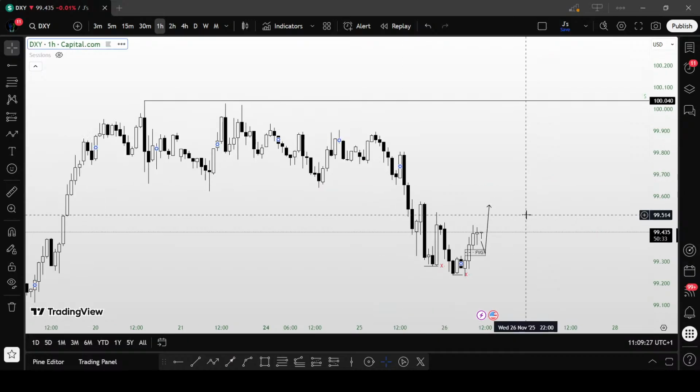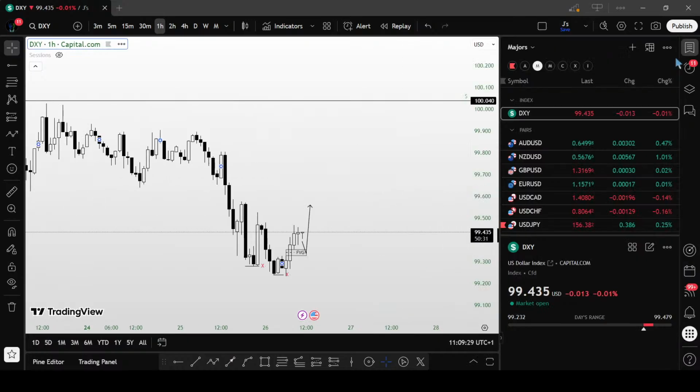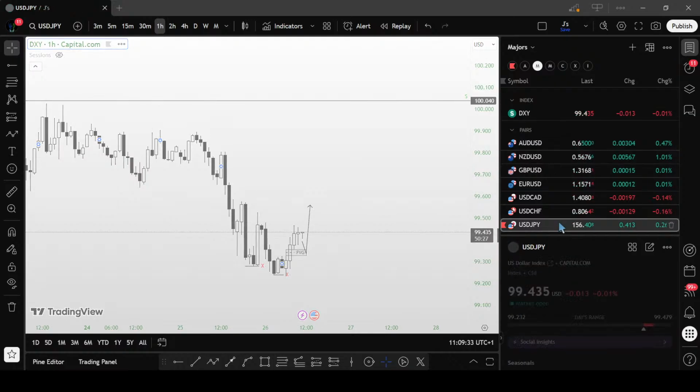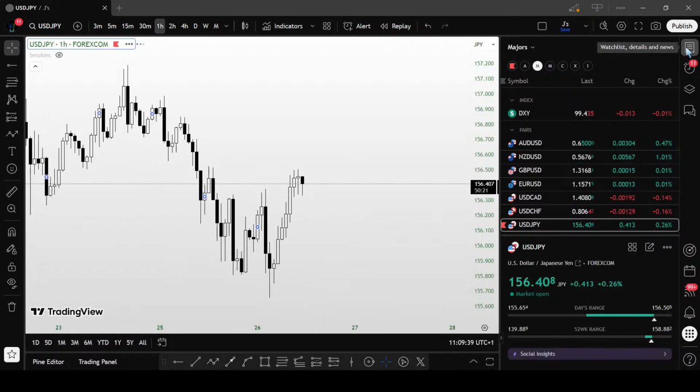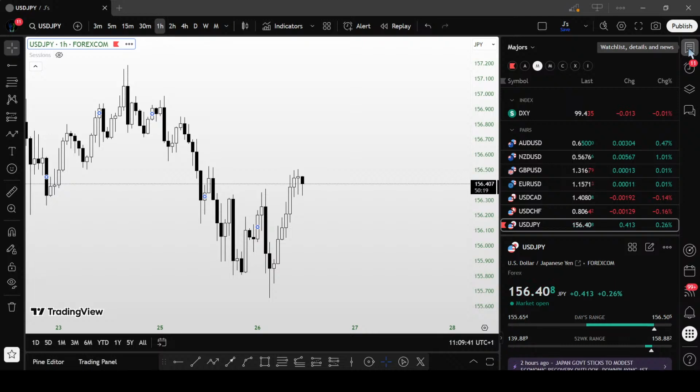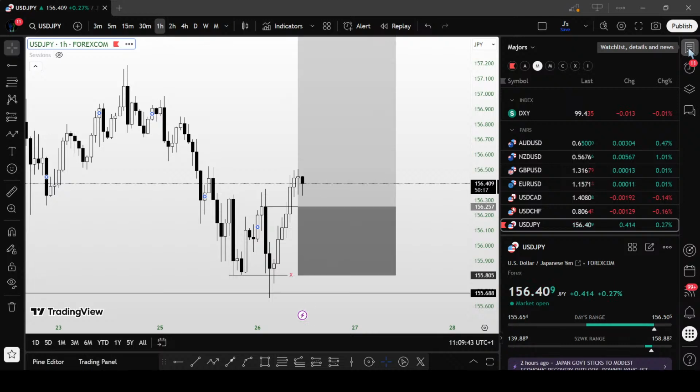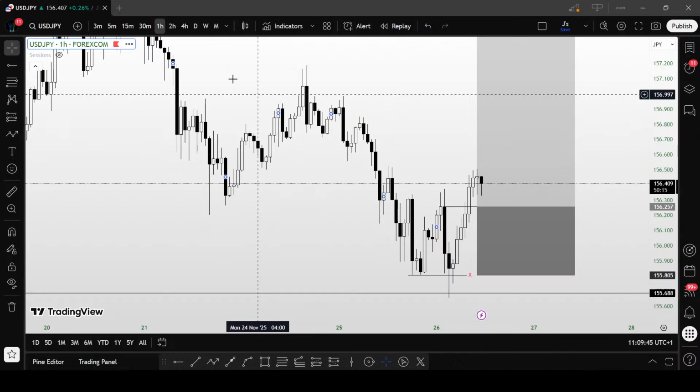Okay, next up, we have analyzed the XY. Now USD JPY. I want to analyze this because we have been on this run with USD JPY, and I want us to finish it. I already have a setup here. I was analyzing earlier today. I thought I was going to miss the setup, but it seems like I'm not going to.